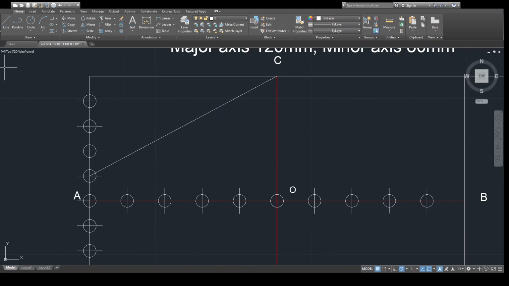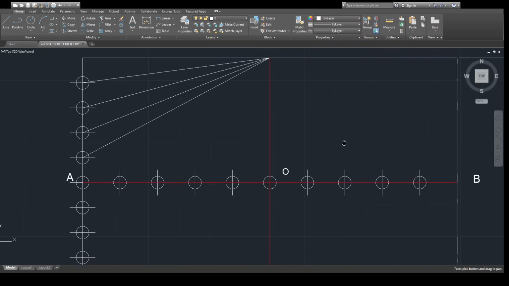Then one more line from point C to this point, then one more line from point C to this point, then similarly up to this point. Very simple. What we have done is drawn lines from point C up to the points which we have already divided on the vertical line. Just draw the lines from point C.